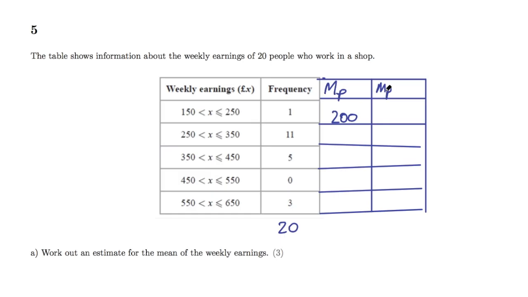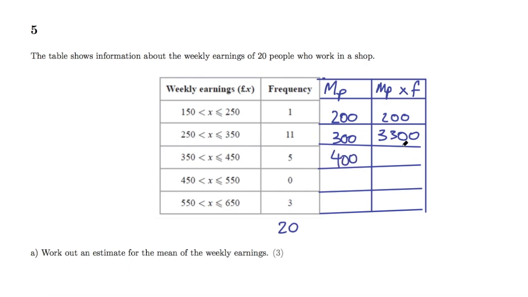And then to work out how much they earned in total, we say 1 times 200, and we get the total of 200. So here we've got 11 people earning between 250 and 350. So we estimate that they earned about 300 each, and then we multiply that by 11, and we get 3,300 for our estimate there. We go ahead and do that for each range,